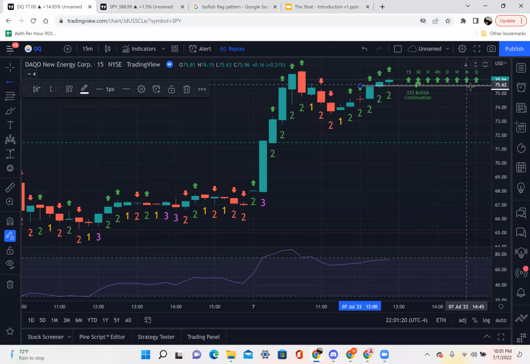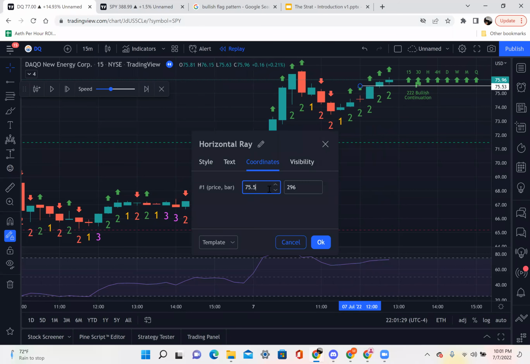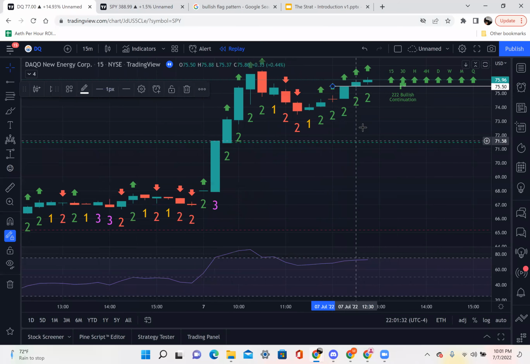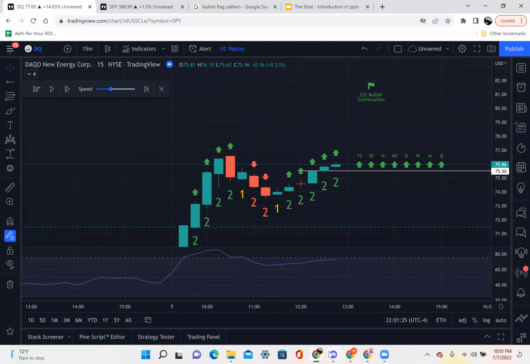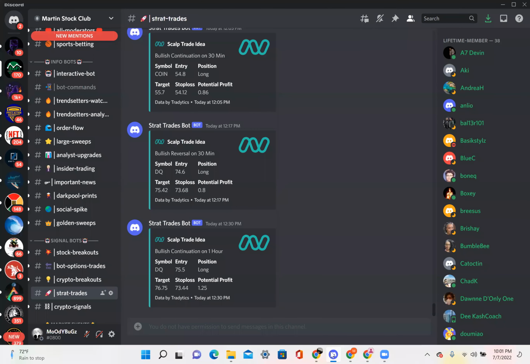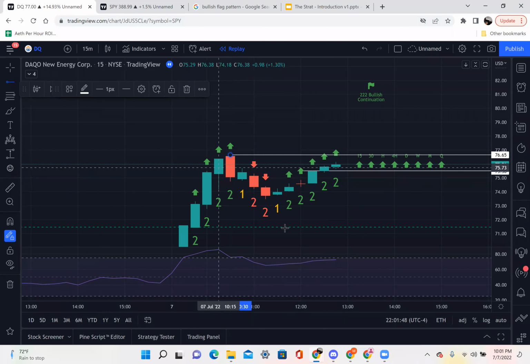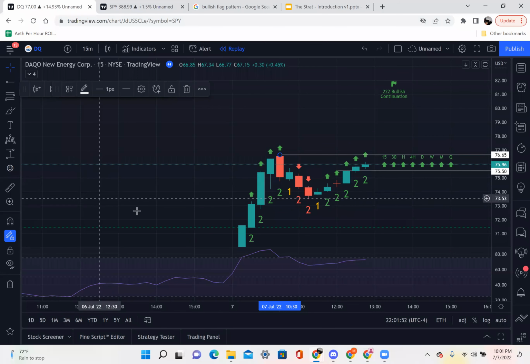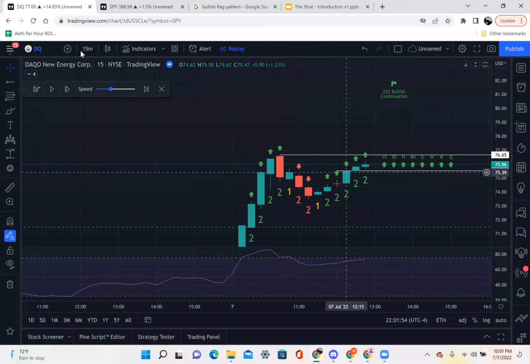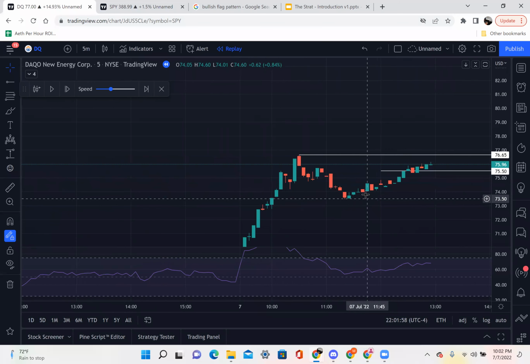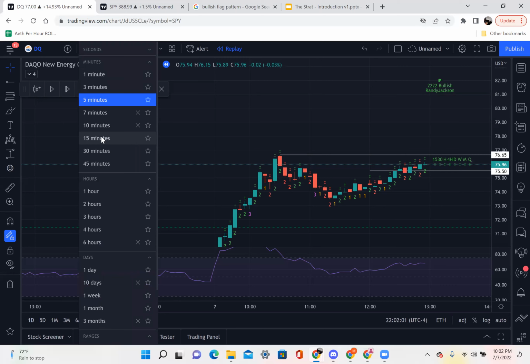75.50, that's 75.53. Let's just look for the high, oh Jesus. And it says 76.75. I'm going to find it on the chart. It's a little higher. So it didn't, it's like right there. Now, pause it. If you would have entered right here, and we could have entered on a 5-minute time frame, whatever time frame you like to use, you could have entered. For sake, we're using a 15-minute,